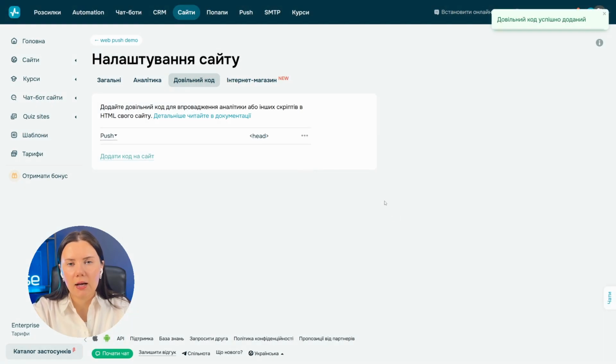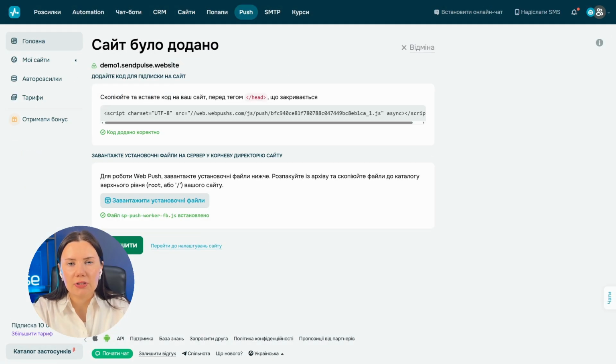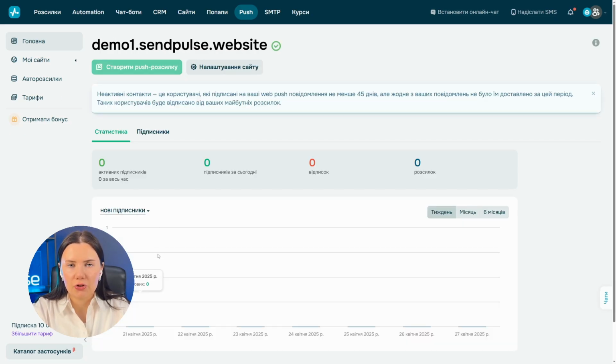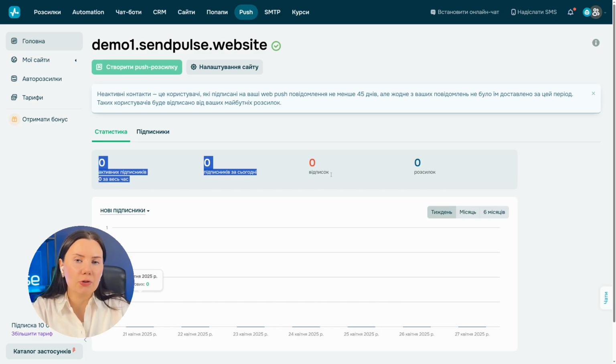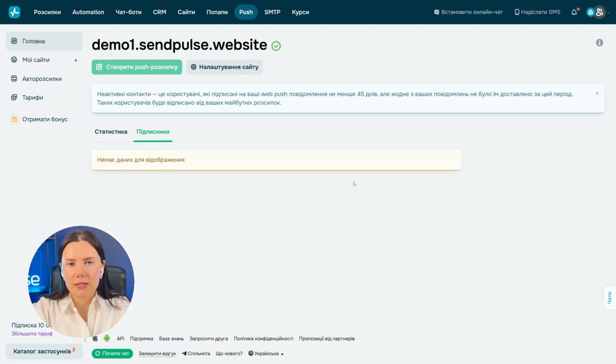Once a visitor allows push notifications on your website, they are added to your recipients list and you can start sending campaigns. The push service collects basic data, including browser, location, IP, and subscription dates. If you don't see your push notifications during testing, check notification permissions in your browser's privacy and security settings.